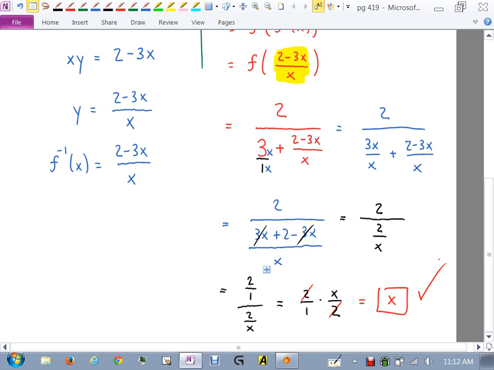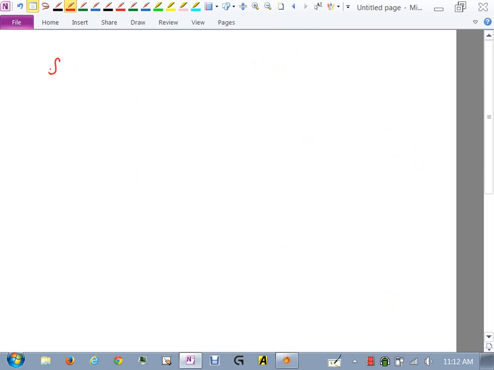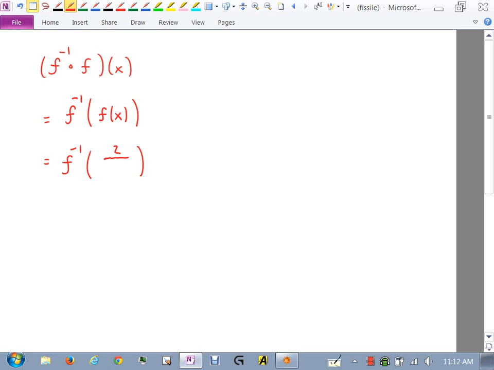Now, we would be halfway done as far as checking, right? We have to check the other way. Would y'all like me to check the other way? Yeah? Okay, so now, on the next page, I need to show that f inverse of f of x equals x. So let's see what this is. This means f inverse is going to wait. Inside of it goes f of x. That means f inverse is going to be out here waiting for f of x, which was 2 over 3